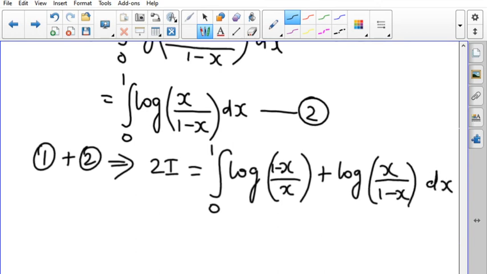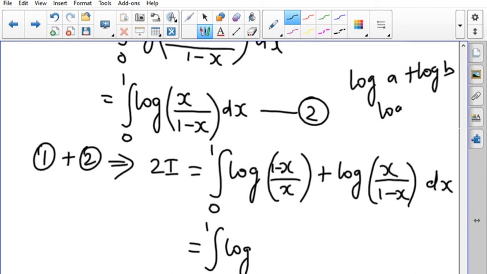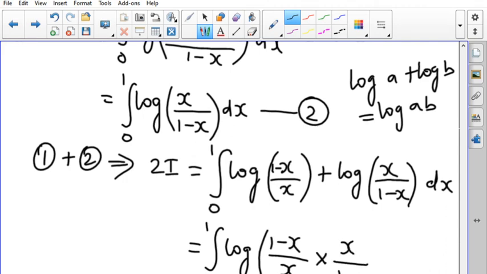Right? So here we are going to use the product rule in logarithms. What is the formula for log a plus log b? Log a plus log b can be written as log ab, right? This is the product rule formula. So using this formula here, we write 1 minus x by x into x divided by 1 minus x. So log a plus log b we have changed to log ab. So now everything will cancel. This and this will get cancelled. So you are getting